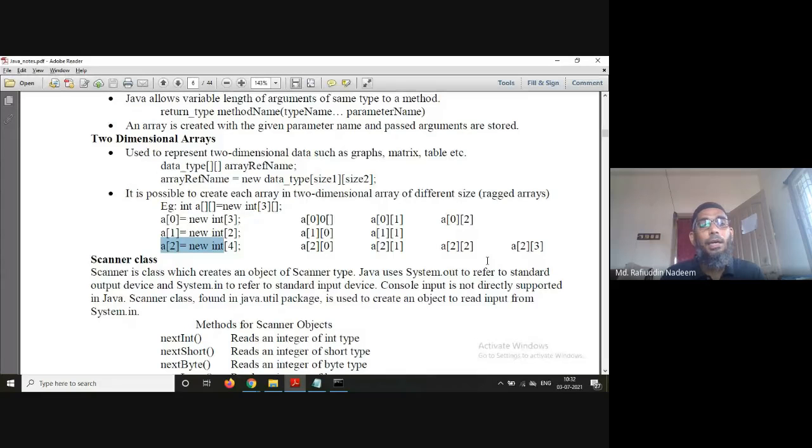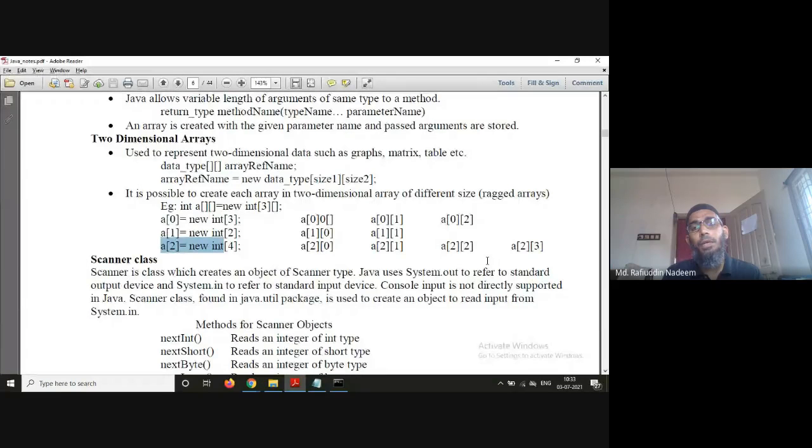in Java, where we can create two-dimensional arrays of different sizes. Generally they are called ragged arrays. The ragged arrays concept is also there in the C language, but it is only applicable to character arrays. You might remember that we did a program regarding ragged arrays, where we stored strings of different sizes without wasting memory.